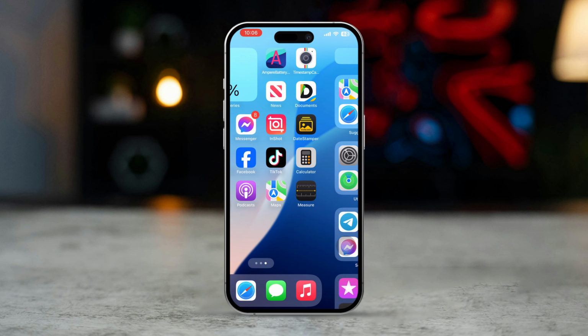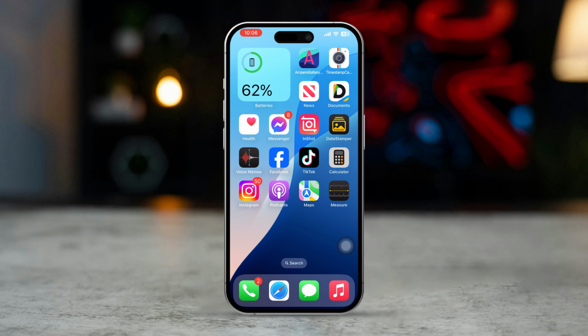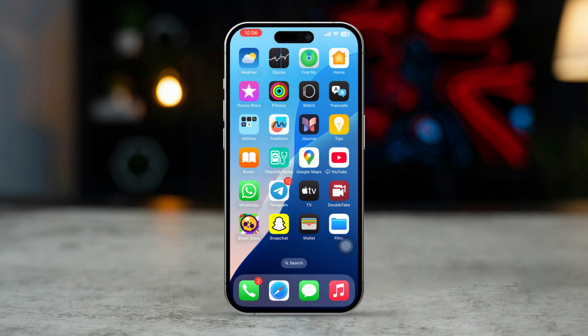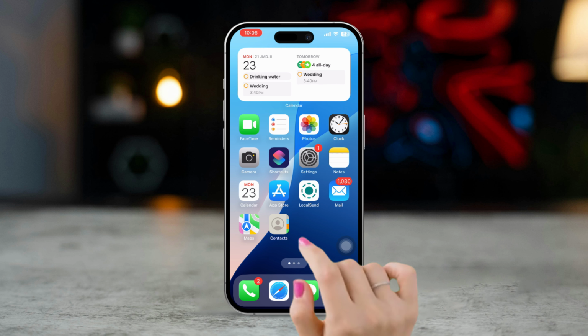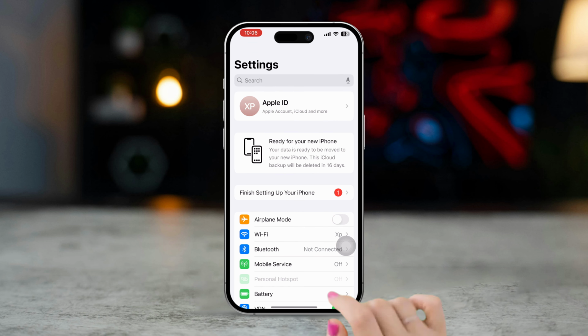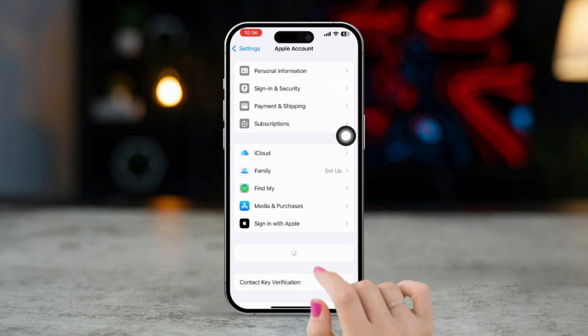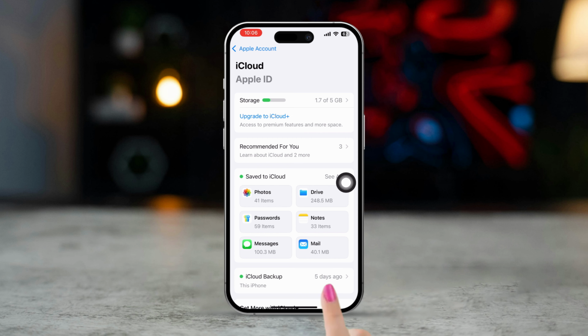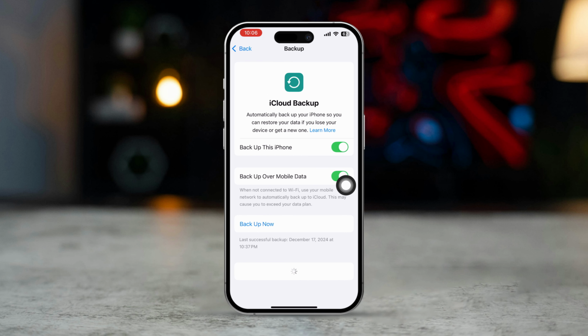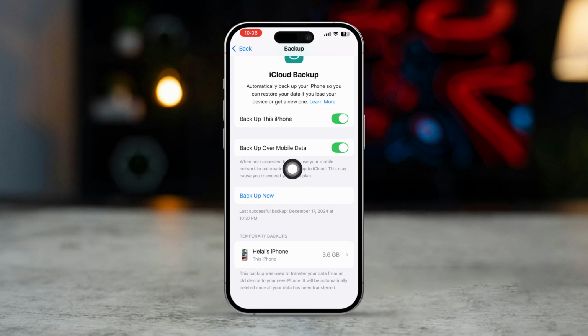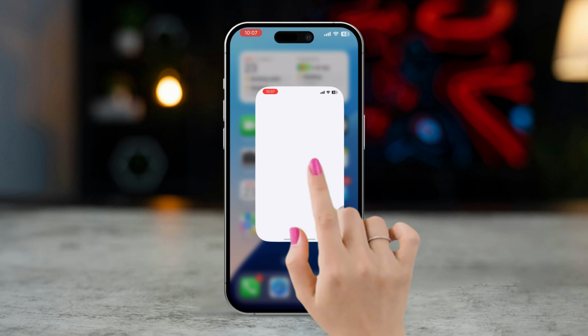Solution 2. Restore from an iCloud backup. If you regularly back up your iPhone to iCloud, you can restore your device to recover deleted messages. Open Settings, tap Apple ID, tap iCloud, tap iCloud Backup. Before you restore, make sure that you had backed up your data before. If you didn't back up, there is no way to recover them, but if you did back up, then open Settings